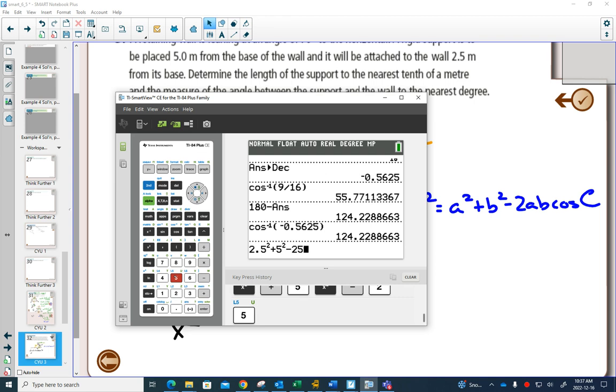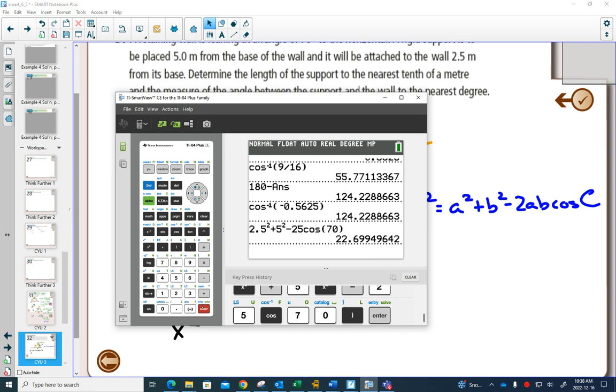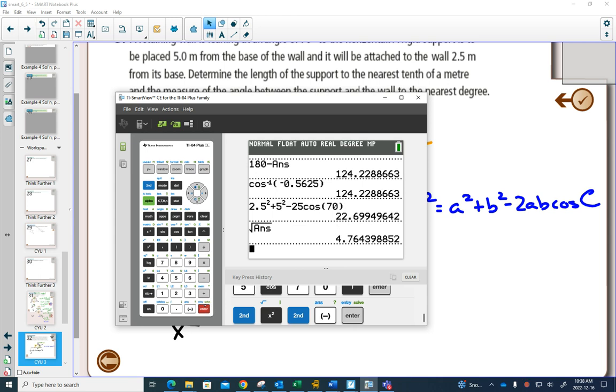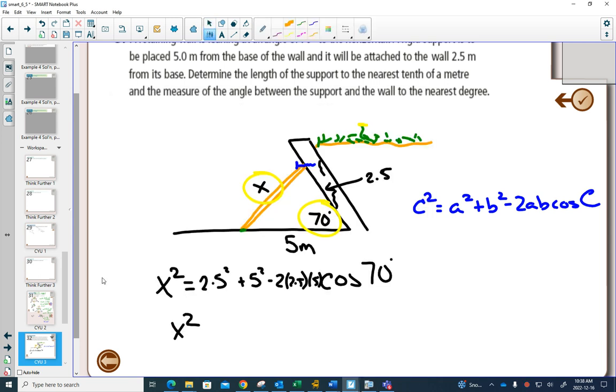I'm going to do mental math and put that all in my head and get 25, because 2 times 2.5 is 5, 5 times 5, 25. Cos of 7, 22.69. I can now square root that. So x squared was 22.7, and x is equal to